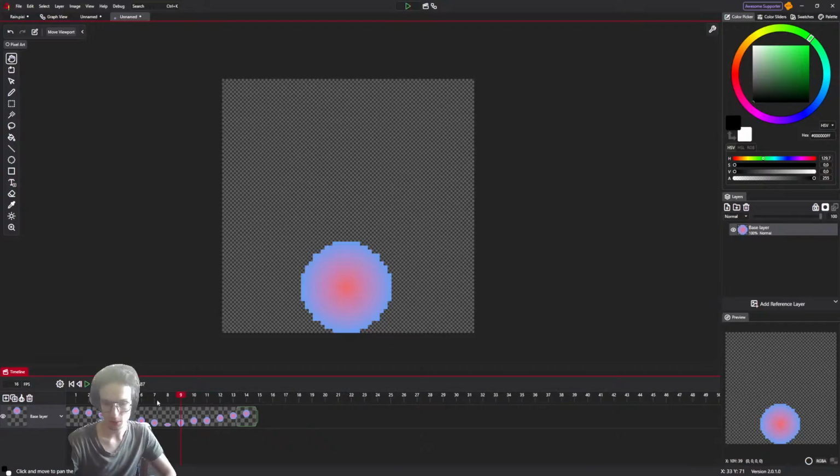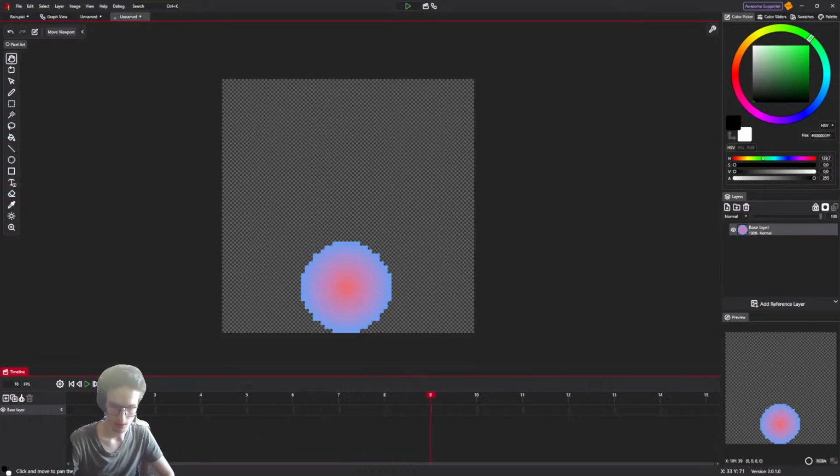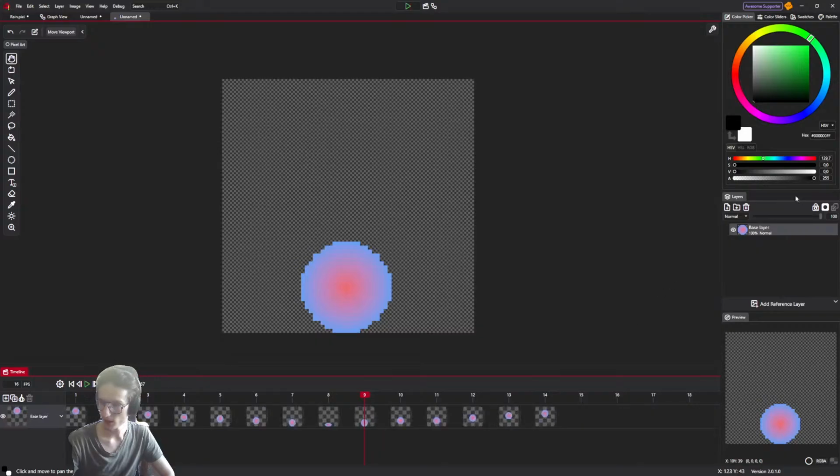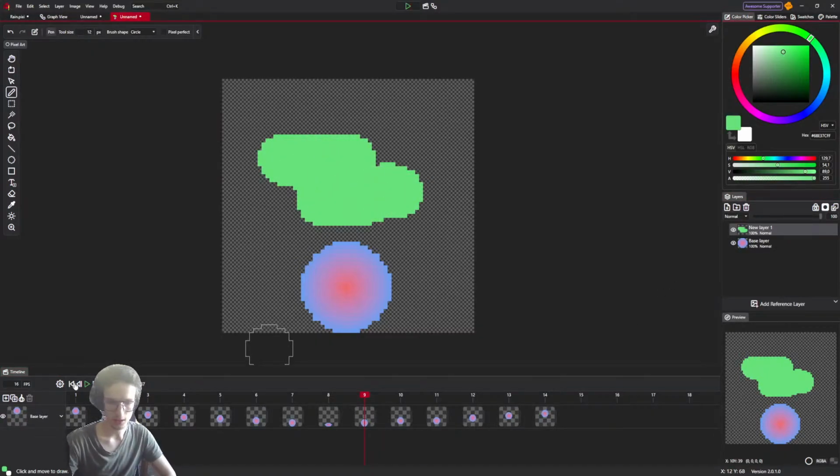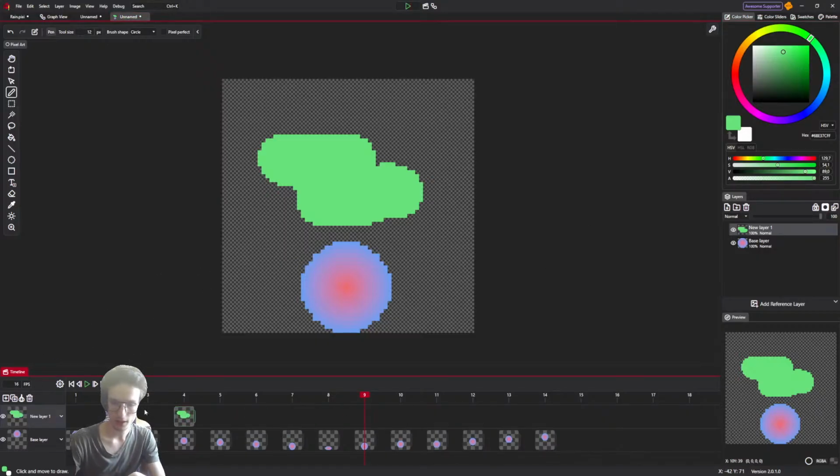I can zoom out frames, I can collapse a layer group so it doesn't take much space. I can have multiple layers, of course. When I select a new layer in the layers window, or duplicate the layer, it appears in the animation timeline.